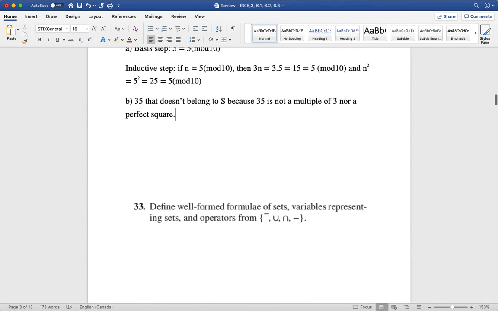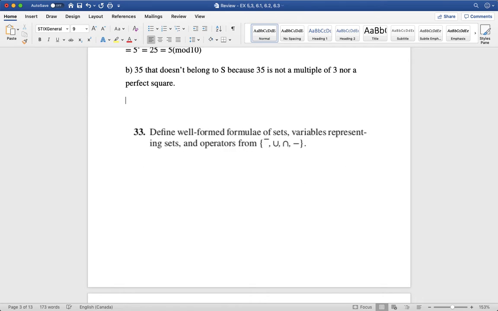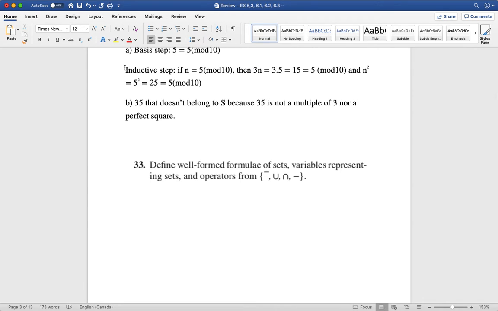Alright, let's move on to the next one. So here we have question number 33. It says define well-formed formulas of sets, with variables representing sets and operators from these sets of operators. Okay. So now, if X is a set or a variable